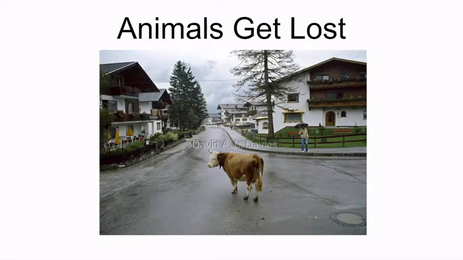And then one of the other problems after tornadoes, we often have the issue of animals getting lost. So a lot of times things like cows or sheep or chickens were kept in their home by a fence or a small house. And if that gets destroyed in the tornado, they can get out of where they're supposed to stay. They can get out of the fence, get out of their field that they're supposed to stay in. And so a lot of times a tornado can cause a lot of lost animals.